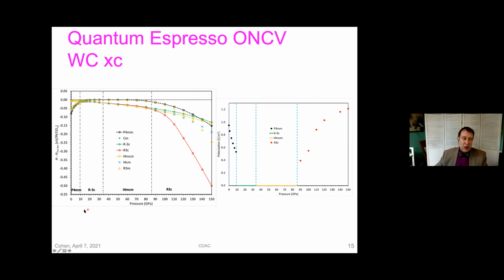And so in terms of the overall picture, we see the ferroelectric P4mm phase up to about 10 GPa. This is showing enthalpy versus pressure up to 150 GPa. And then there's a region where there's quite a few phases that are very close in energy, and there's maybe some monoclinic phases in here, but I'm not going to talk about those today. But it's mainly R-3c, so this is centrosymmetric above 10 GPa.